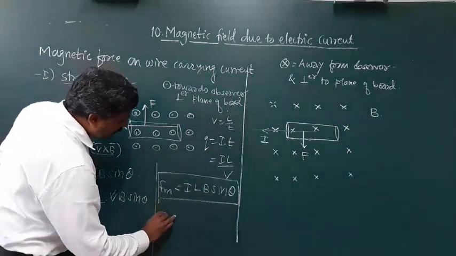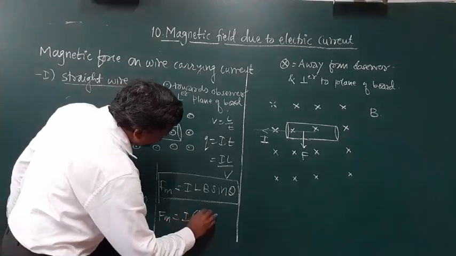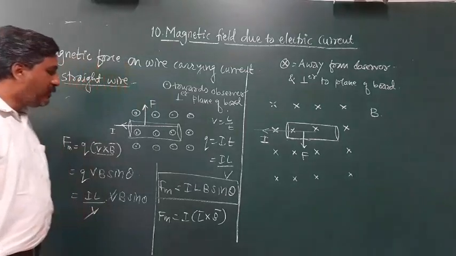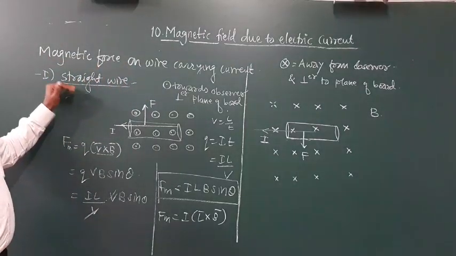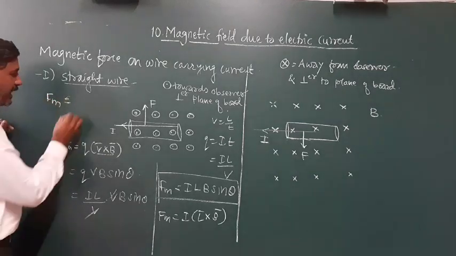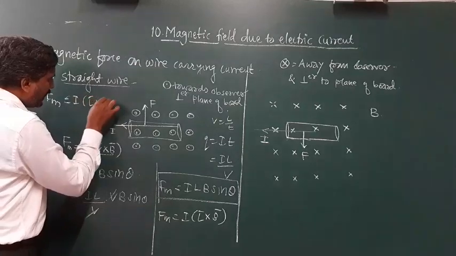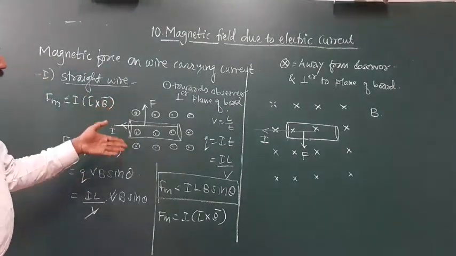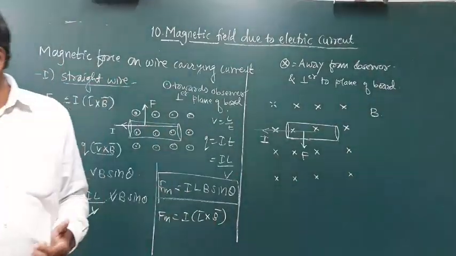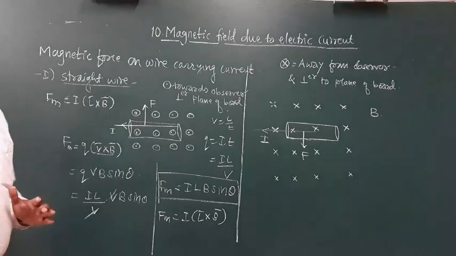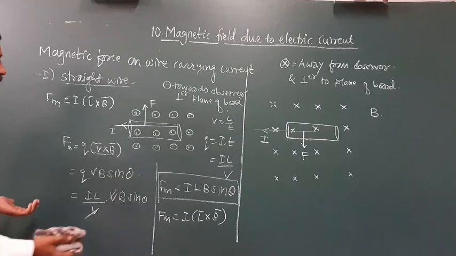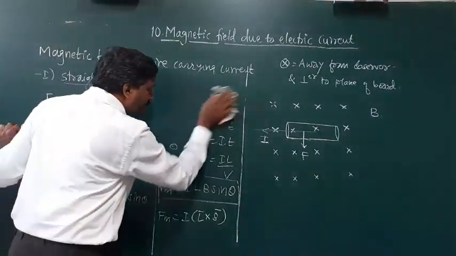And in vector form, I will write the same thing this way: I in bracket, L cross B. If you simplify, its magnitude will be I L B sine theta. So a straight conductor is there, and a magnetic force is acting on it, which is given by Fm equals I L cross B. We are calculating the magnitude and the direction of the magnetic force. This is a very simple and short case to study. L is my length vector, and B is my magnetic field vector, or simply the magnetic induction vector.